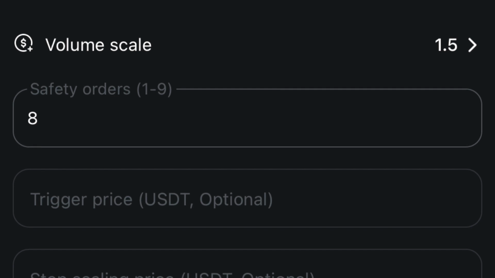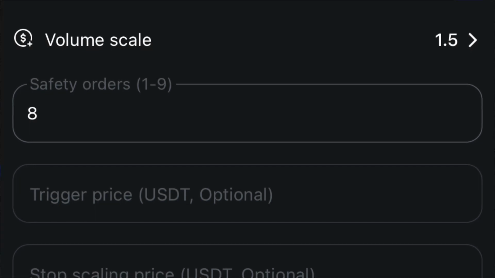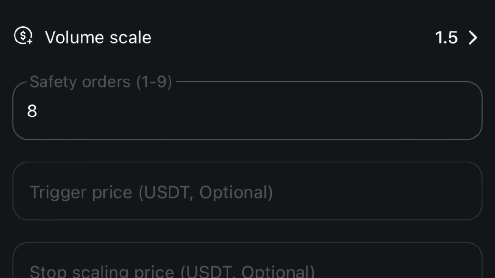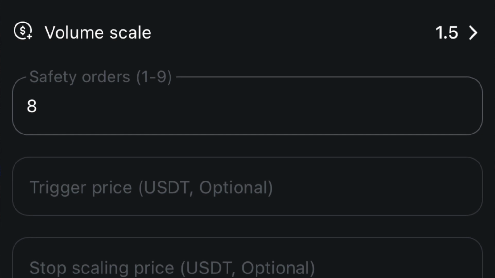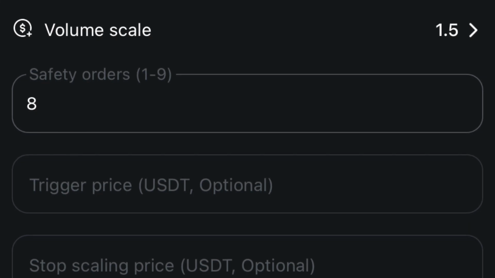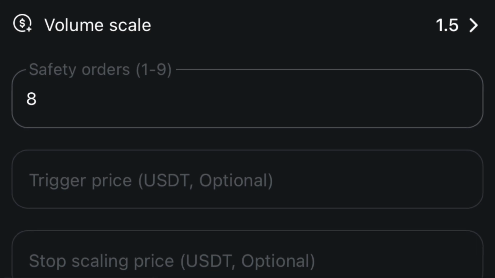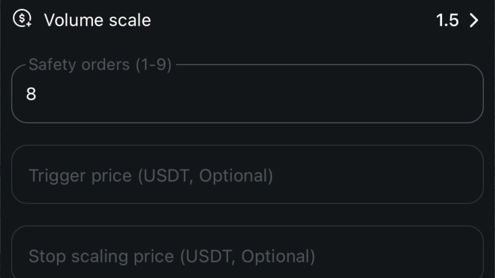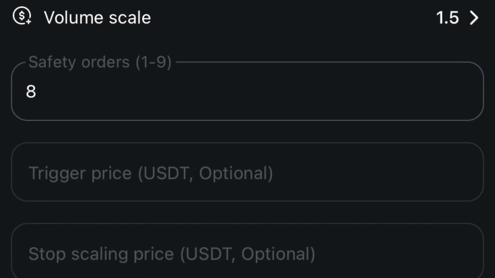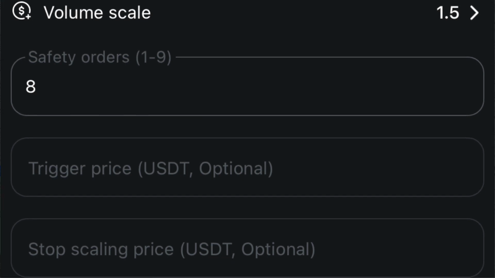So the volume scale is how you would end up determining how many safety orders you have. You want to determine whether or not you want, I think the standard comes with 8 safety orders, might be 6, but you can have up to 25. But some people don't like that because that is a lot of money left out there on the table, not doing anything. But again,